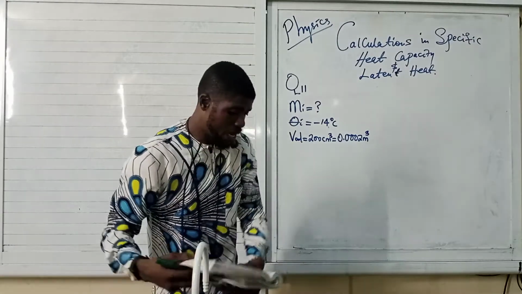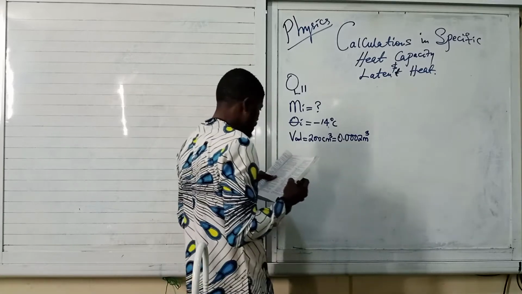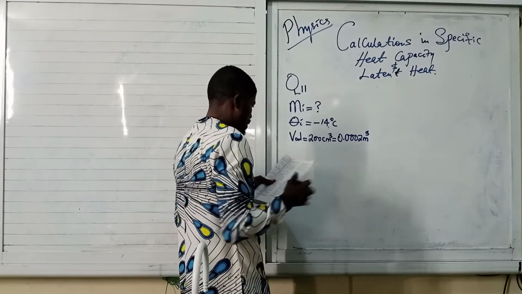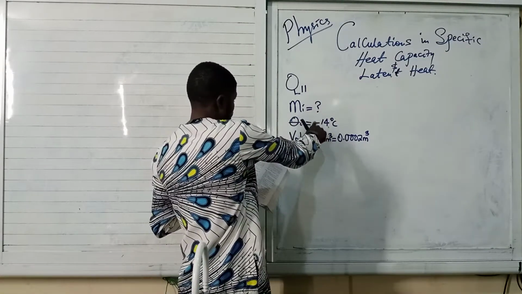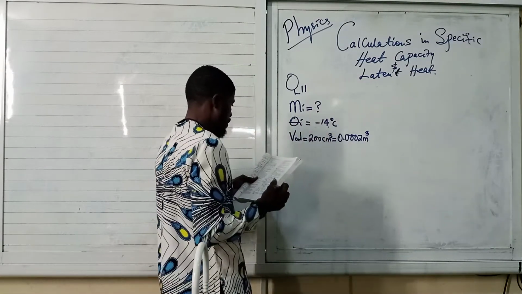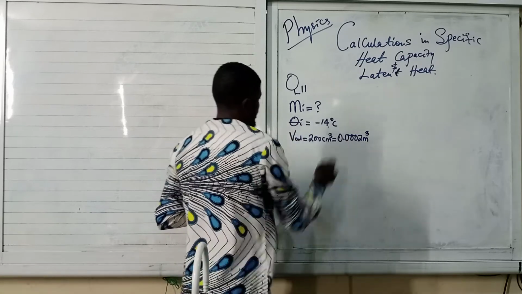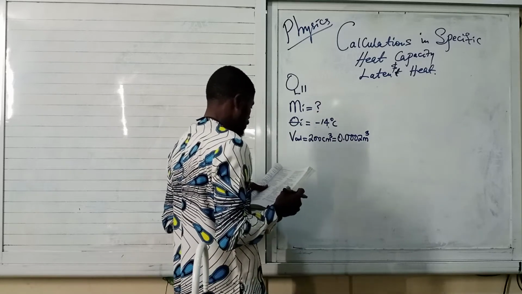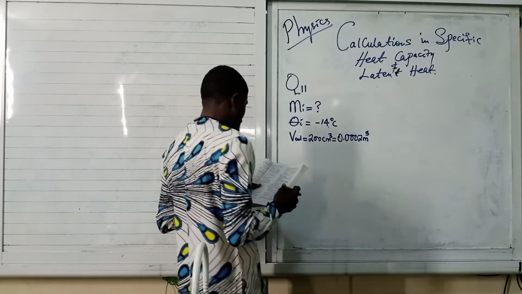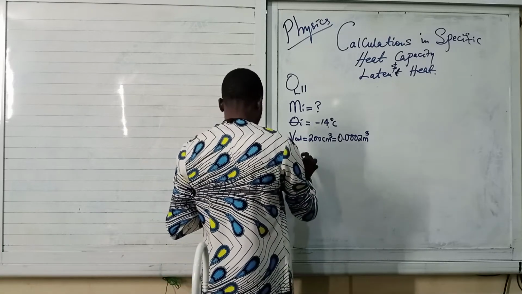So we are done with this particular part. The next thing is, okay, I take it again. What mass of ice at -14 degrees Celsius will be needed to cool down orange drink of this volume? And that orange drink is essentially water from what? Let's call this